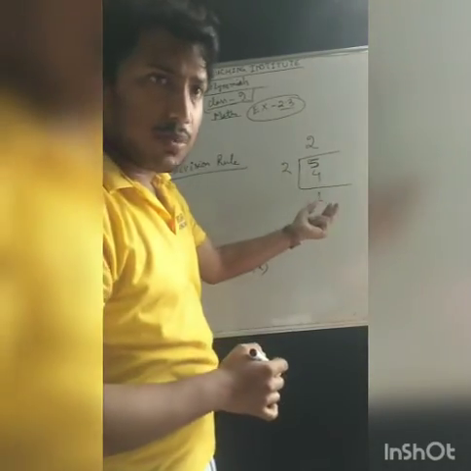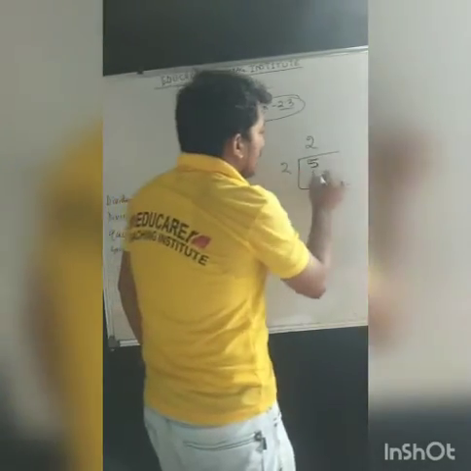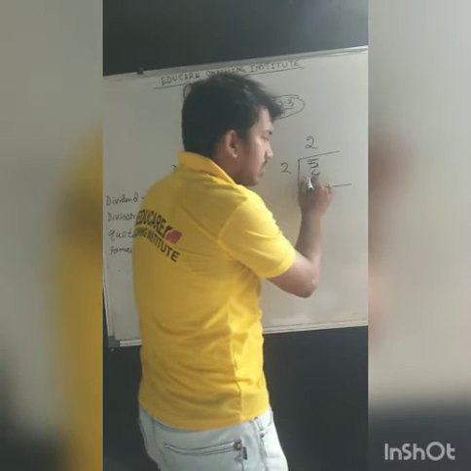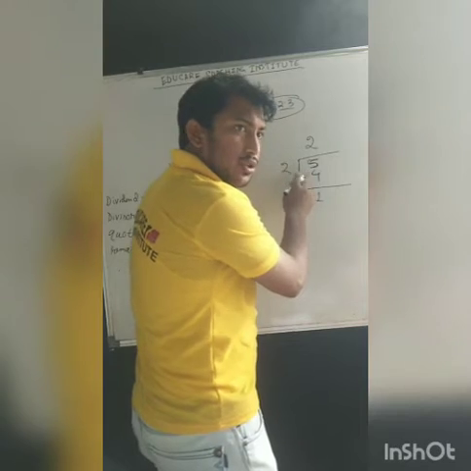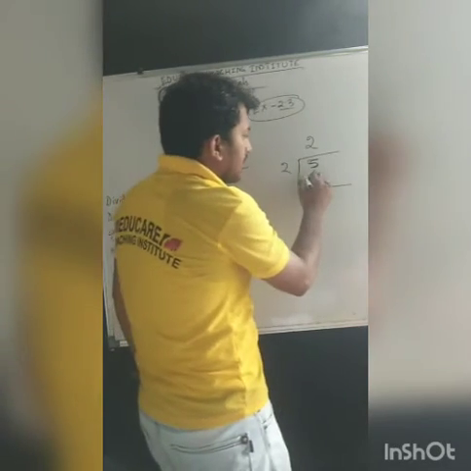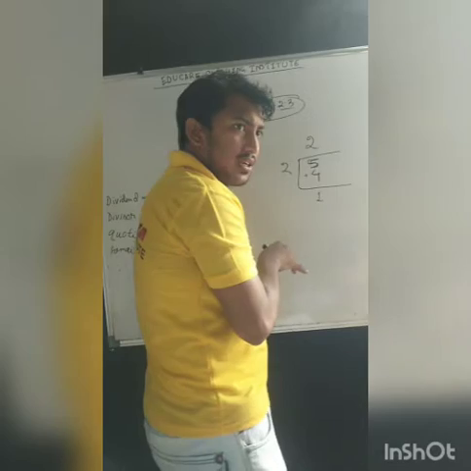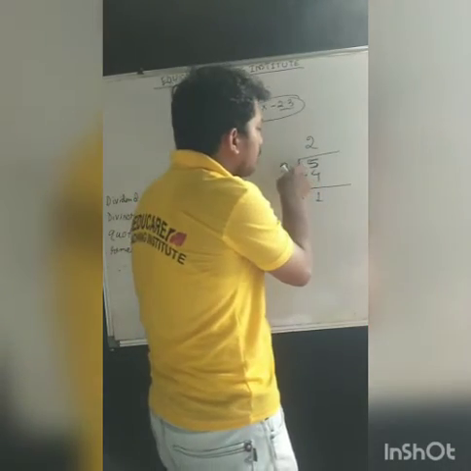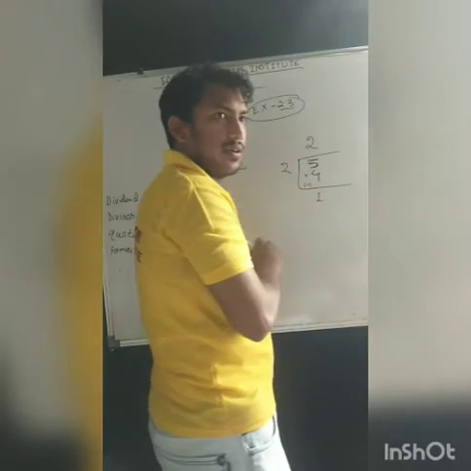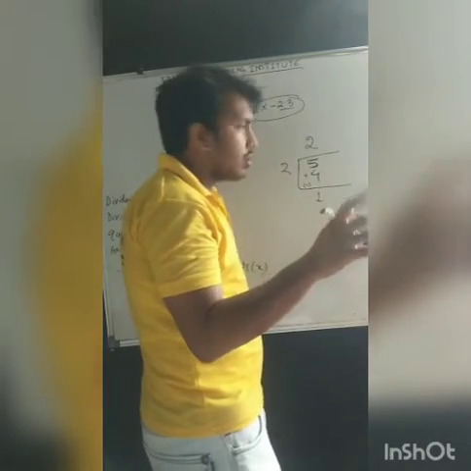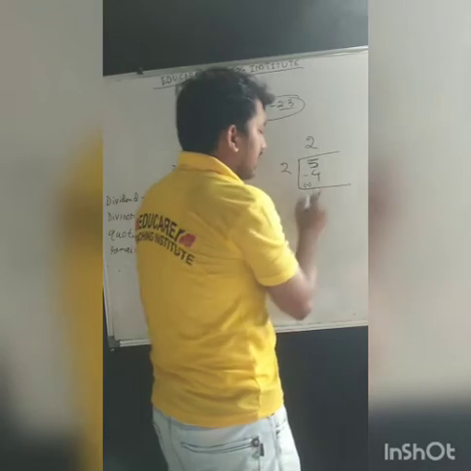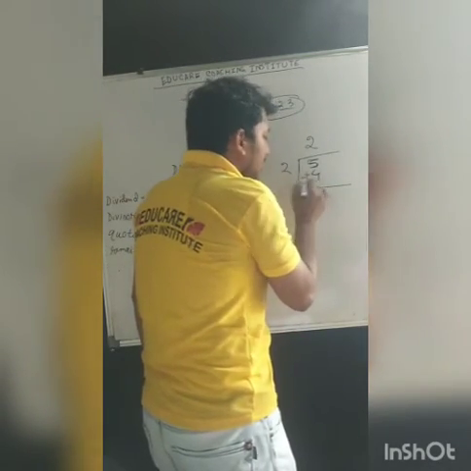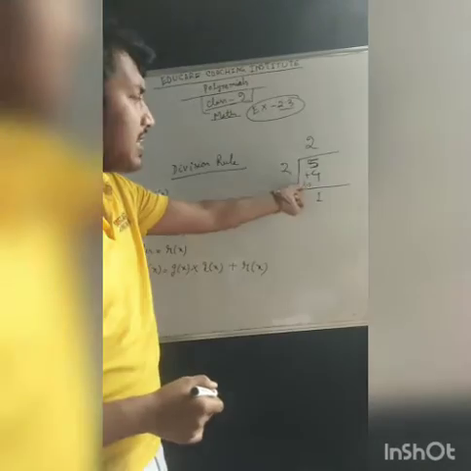If we see properly, here 2 2s are 4, and here it is plus. So in division, if it is plus, in the division rule it will become minus. That's why we do 5 minus 4, 1. Understood? If it will be minus here, it will be plus. If it will be plus, it will be minus. Means the sign reverses.